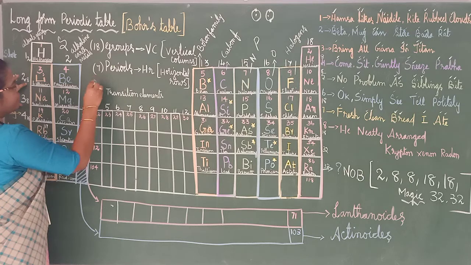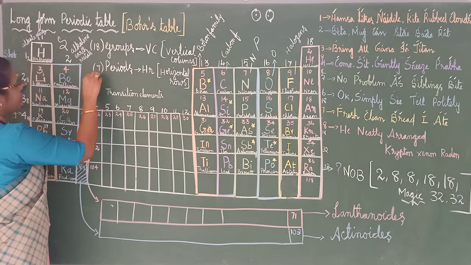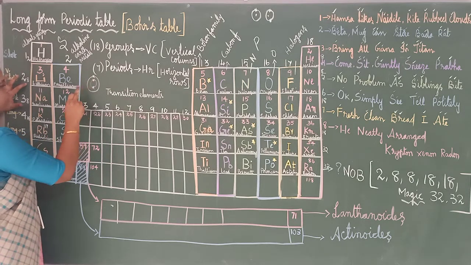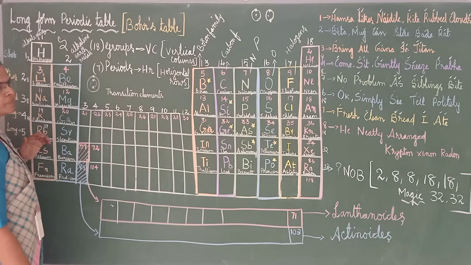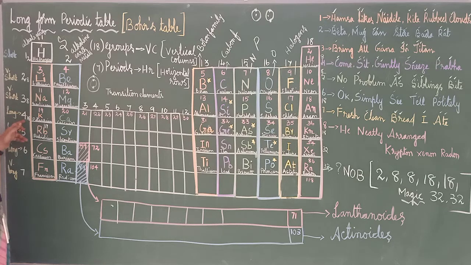See, this is lithium. First shell it will be having 2 electrons. And in the second shell it will be having only 1 electron. Okay. So 2 shells will be there. All will be having 2 shells. The next one, all will be having 3 shells. Here 4 I have put, the 4th period. All will be having 4 shells. Then 5th one will be having 5 shells. 6th one will be having 6 shells outside. 7th one will be having 7 shells outside.